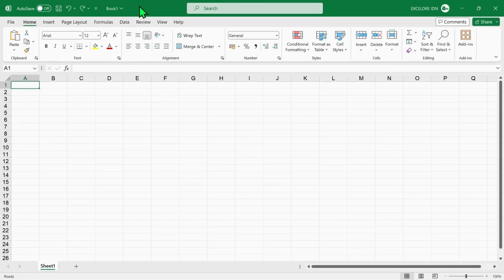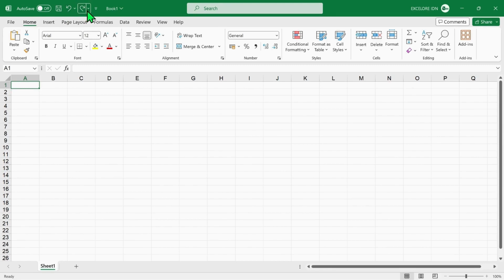Let's start at the top. The color of the bar can be customized to personal preference. On the left side, there's the Excel logo, followed by 5 icons called Quick Access Toolbars that begin with Autosave. By clicking the On/Off button, you can enable or disable the Autosave feature. And then, there's a Save icon that allows you to manually save data. To the right of these icons are the Undo and Redo options. In the next chapter, I'll explain these in further detail.